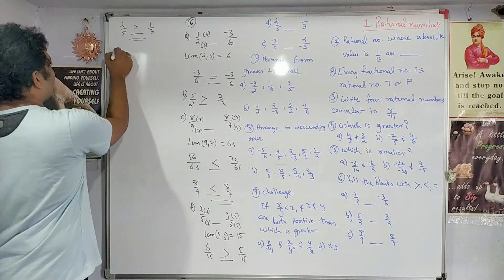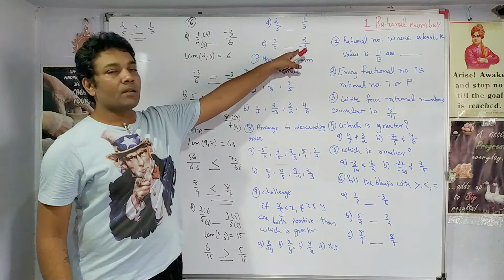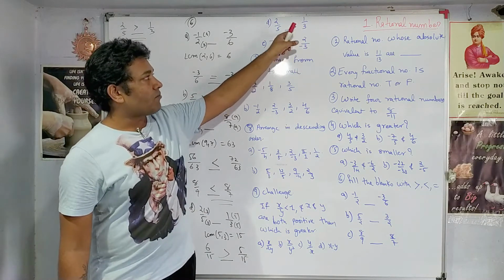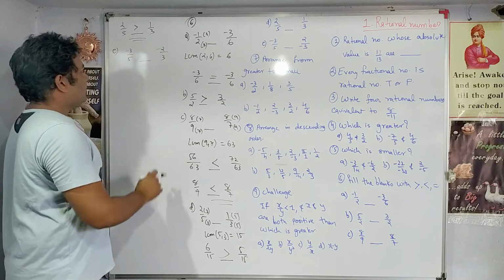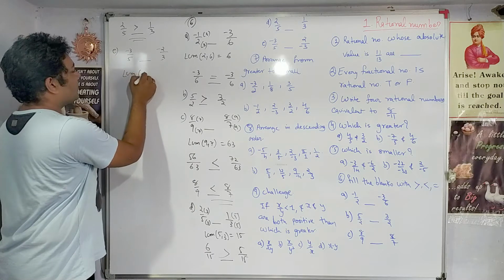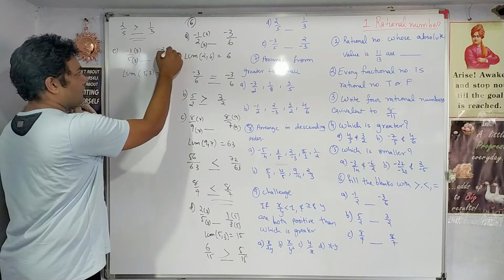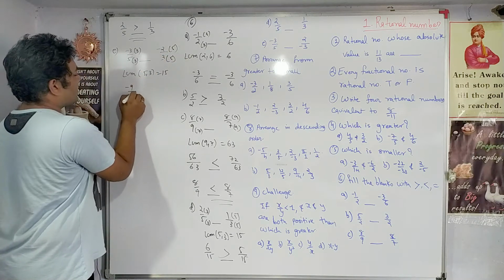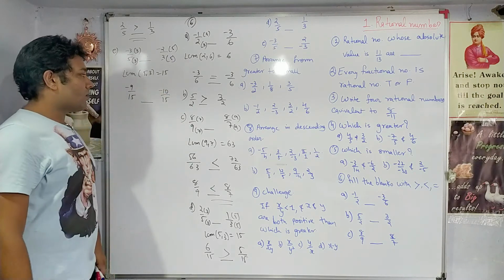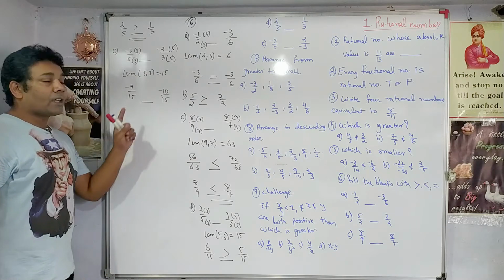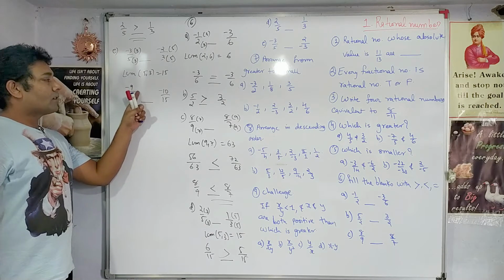Then E. In E, minus 3 by 5 and minus 2 by 3. I have said earlier that if you see a minus sign in the denominator, it can be shifted to the numerator. So I will shift the minus sign to the numerator. Now the LCM of the denominators 5 and 3 is again 15. This side has to be multiplied with 3 and this side has to be multiplied with 5. So minus 9 upon 15, and the right side will become minus 10 upon 15. Now tell which one is greater or smaller. As I said, in the case of negative numbers, which comes first?